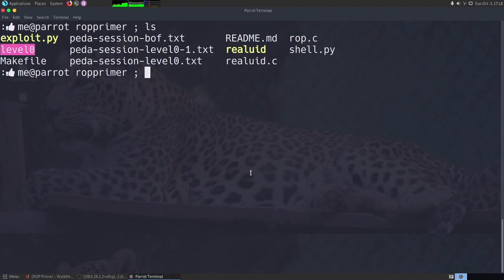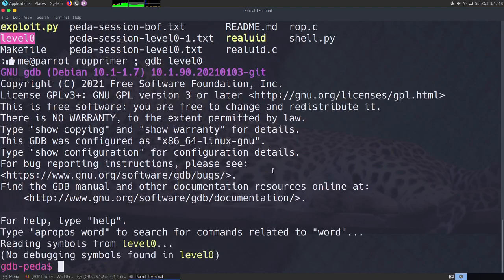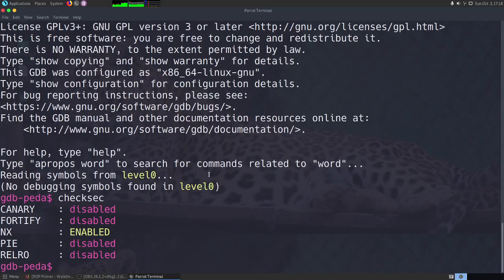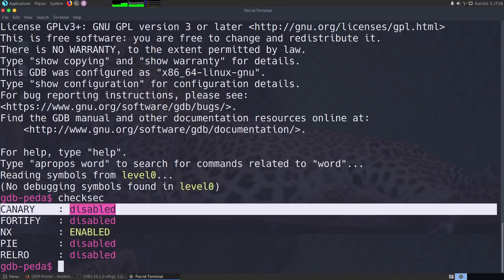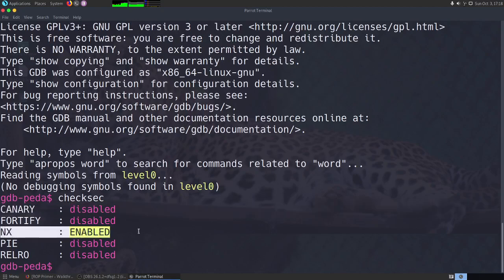Now this level 0 binary, let's first get it into GDB and run checksec. So as you can see in checksec, all other protections are disabled, only the NX is enabled.